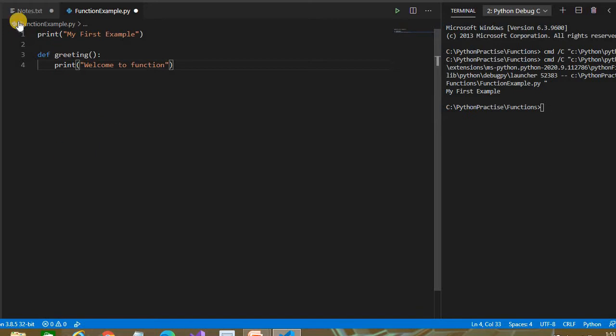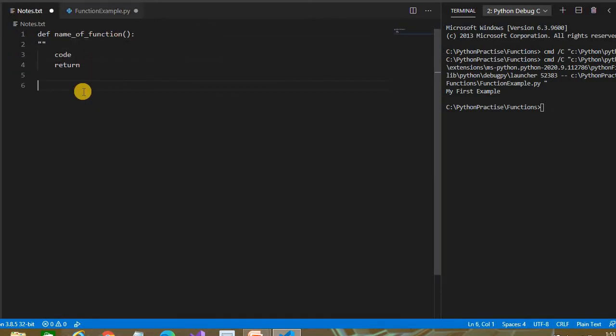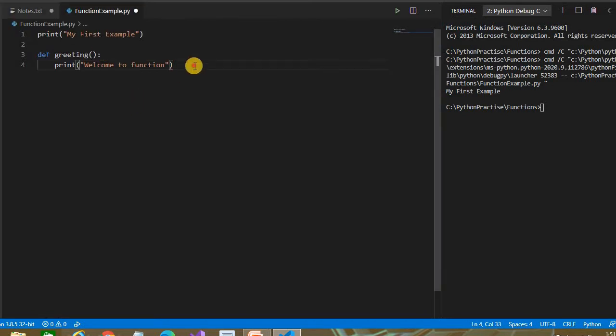The simple way is just give the name of the function. If you have passed any parameter, then you have to pass the parameter, else you can directly call it. How to call this? Write greeting and simple. This is a simple way.